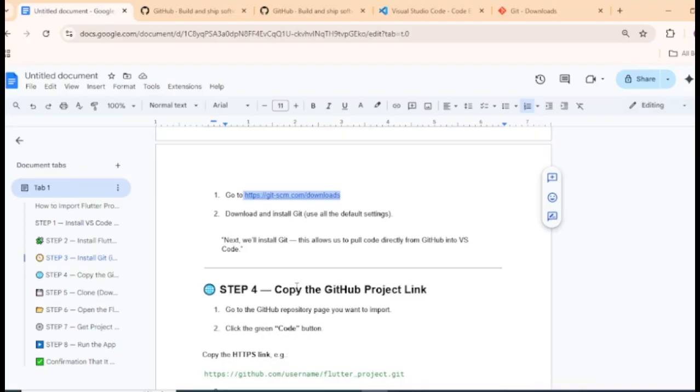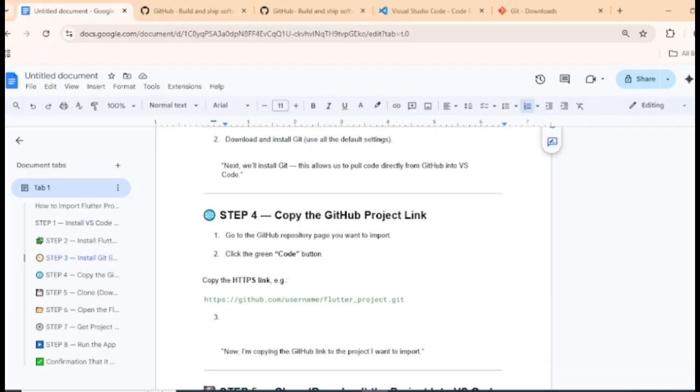Super simple. So once it's installed, we'll move over to step 4. The reason is that I already have Git inside of my system, so it's not necessary for me to reinstall it, right? But the next thing, once you've installed it, which is step 4, is to copy